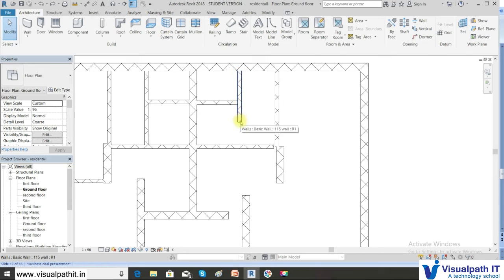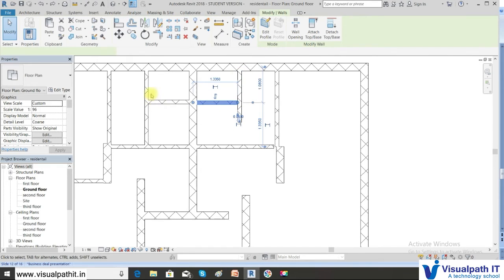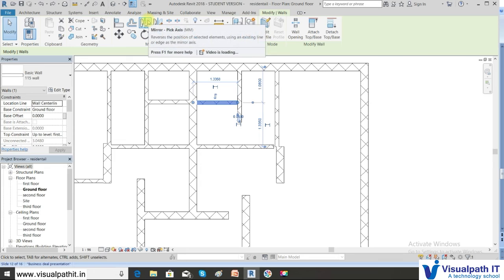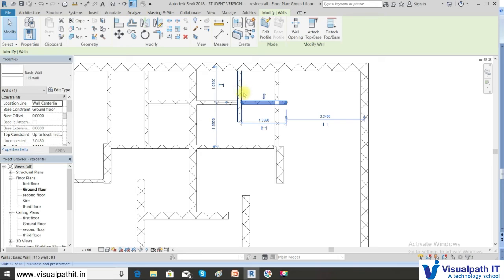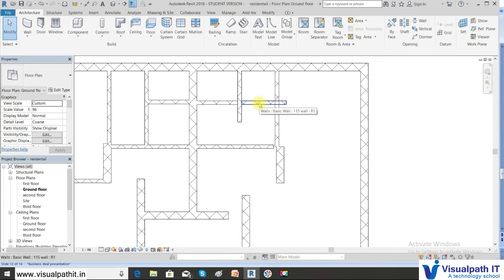Since it is already there, select the element, go to the mirror pick axis. Now pick this center line. So it is highlighting. You can pick the center line of it and you can see that the objects get mirrored.